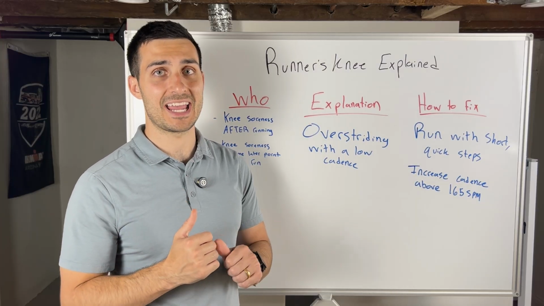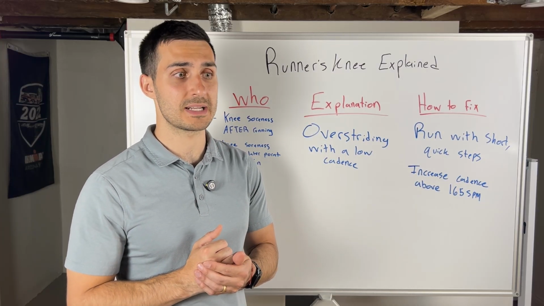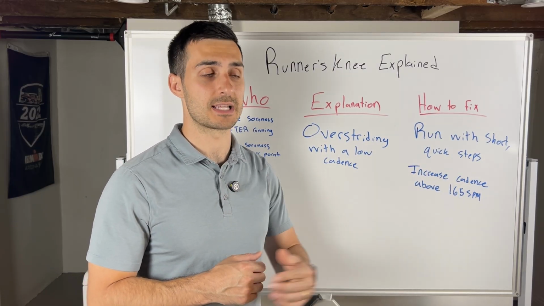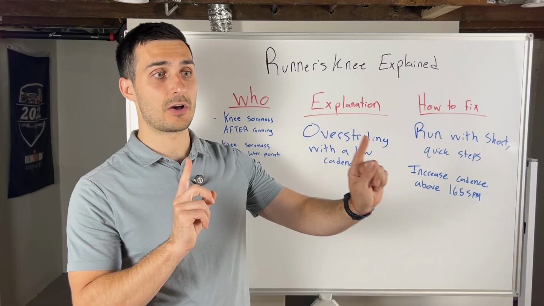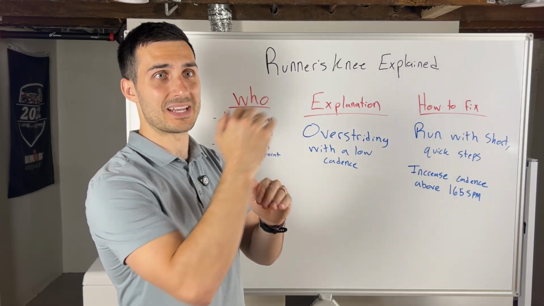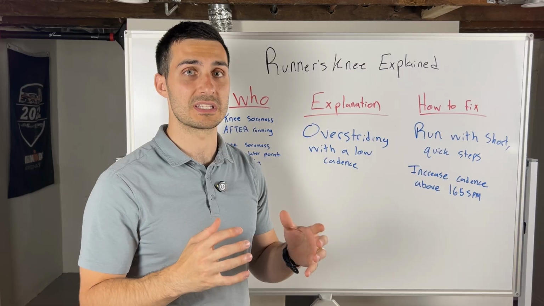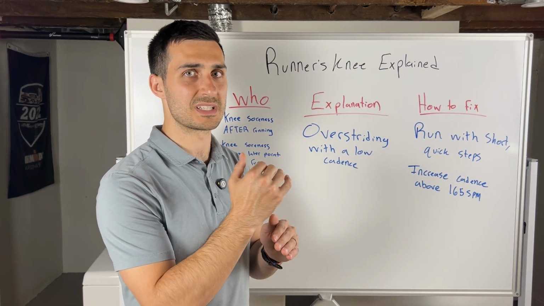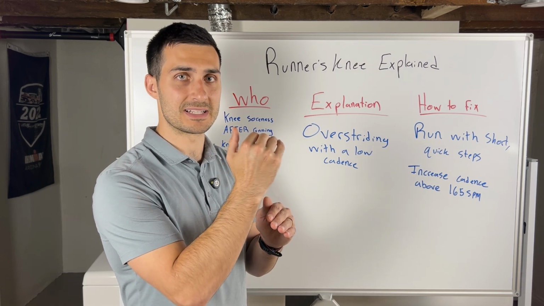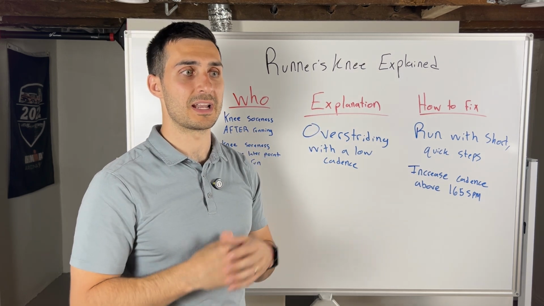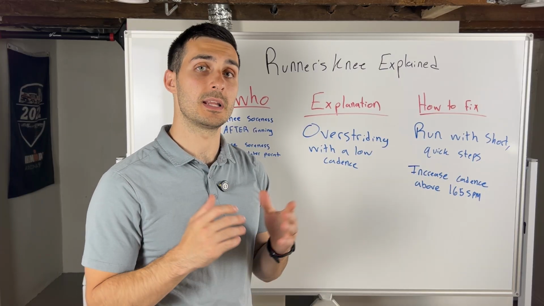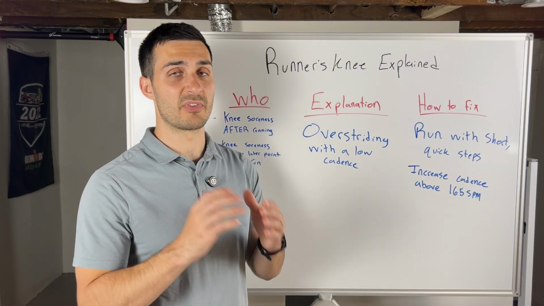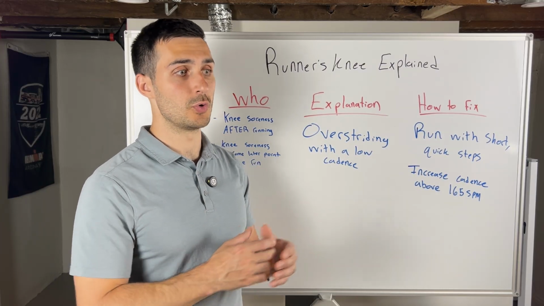He started at a cadence of 144 steps per minute, and by the time we got him ready for his race, he was at 188 steps per minute, which that jump in itself is too high. We went step by step and never increased his self-selected cadence by more than 10%. So we went in increments. We went from 144 to like 160, and waited until he acclimated to that, then we increased it from there, and he ended up settling in at 188, and he was able to run his half marathon without any knee pain. So check out this next section and see the before and after of a runner who was running